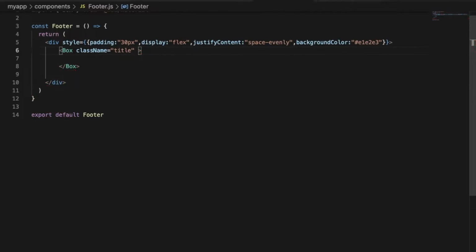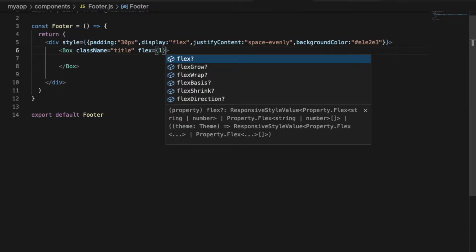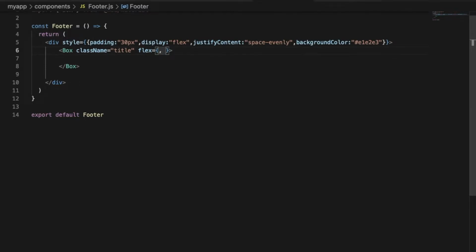And we'll say flex 1, and style. Oh, we forgot to write one here, and comma should be removed. Style display